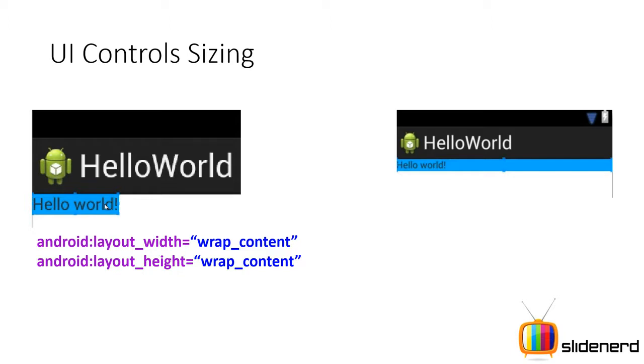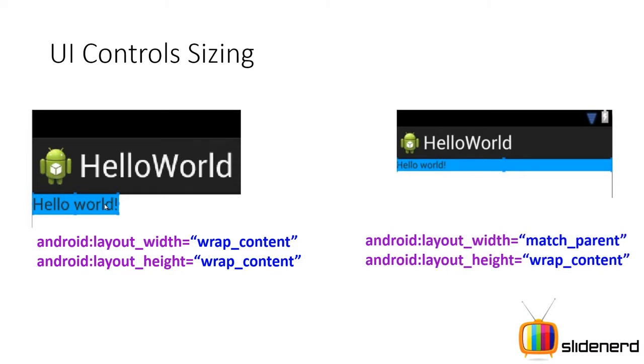So as far as width is concerned, it's going to be only as wide as the size of its text. And as far as the height is concerned, again, it's going to be only as tall as the size of its text. Now if you see the second case, you guys can probably figure out what is going on. Your hello world is fully wide, right? It takes the full width of the screen, but height wise it is still small. You can do that by saying layout width is match parent and layout height is wrap content. In this case, the height is not greedy at all.